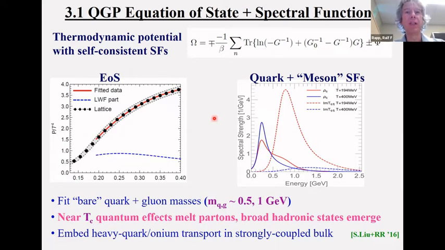I should say there are two more fit parameters that come up, and these are what we call the bare quark and gluon masses that are related to Casimir factors, which we then adjust to reproduce the equation of state. So it's maybe not too surprising that we reproduce the equation of state, but what is important is if you look under the hood, this Luttinger-Ward functional Phi, the interaction contribution, becomes larger and larger as you go lower in temperature. And you better understand what that means if you actually look at the underlying one- and two-body spectral functions.